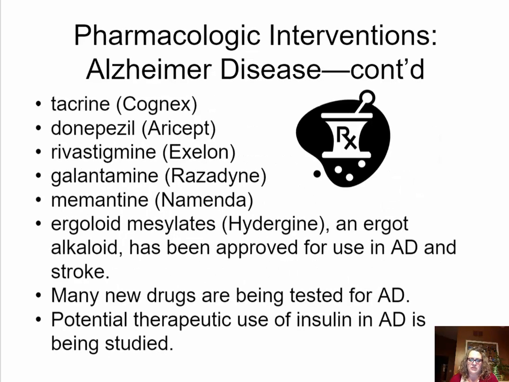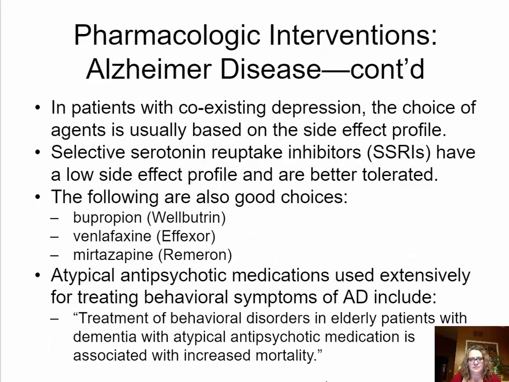These are the list of drugs that are used to treat Alzheimer's disease. There's also, interestingly, potential therapeutic use of insulin in Alzheimer's disease. Remember that adjuncts may be used,